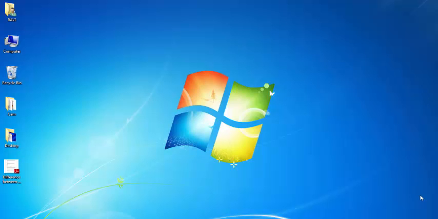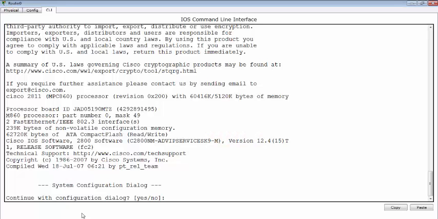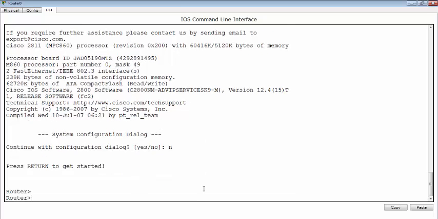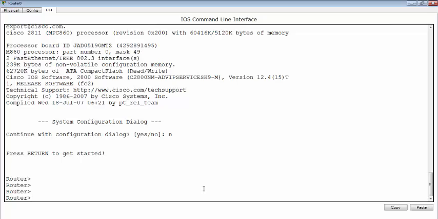In Cisco devices, we can use passwords to secure the privileged mode, console, and the VTY mode. First of all, I'm going to show you how to configure a password on the privileged mode. I'm using a Cisco 2800 series router. To configure a password on the privileged mode,